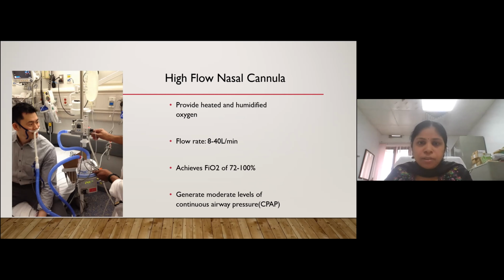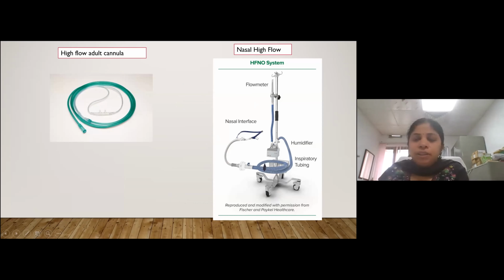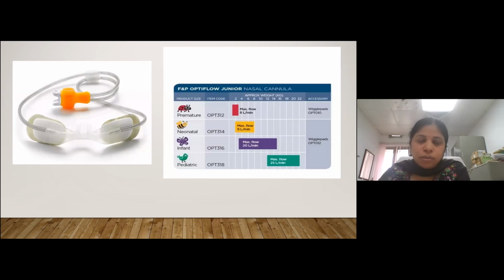So this is simple. Mostly these high flow cannula systems have different machines, and they have their own nasal cannulas. A simple modification also comes in the name of RAM cannula, which can be connected with some connectors. So this is one of the cannulas which connects to the airflow make of the high flow system. And according to the color coding, they have different colors for the newborn baby, the premature baby, the infant, and the green for the pediatric. So this is for the one make. Depending on the other companies, there can be different sizes of the cannula.